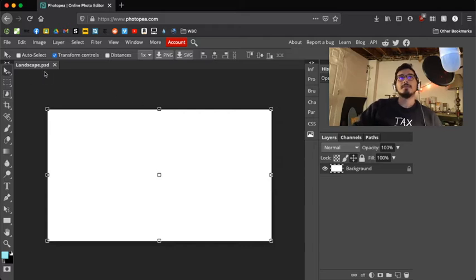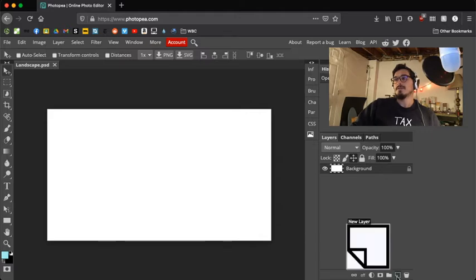Okay, so Photopea and Photoshop work on a system that's called layers. People that have taken digital arts, if I've taught you digital arts before, you're going to get a little bored with this presentation. But Photopea works on a thing called layers, and that's something that you're going to have to know to finish this little exercise. I'm not going crazy with it, I promise. But the layer button is right here. So a layer is just like,